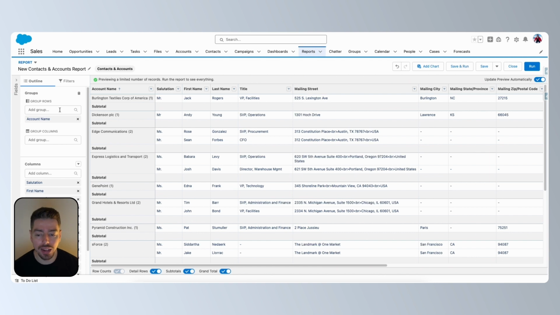So it's an interactive user interface, so you can drag and drop things as well. Another way that you can add fields to your report, if you don't want to use the search functionality here because maybe you don't know what it is that you're searching for, which happens more often than you think,